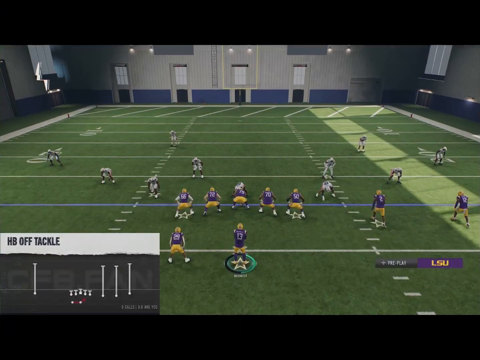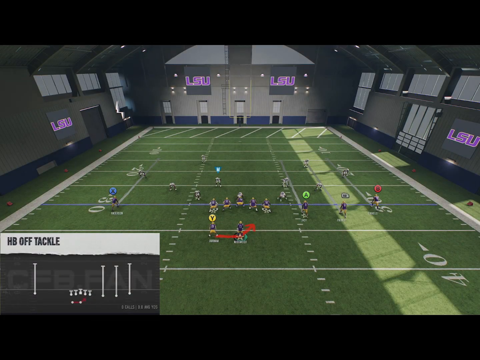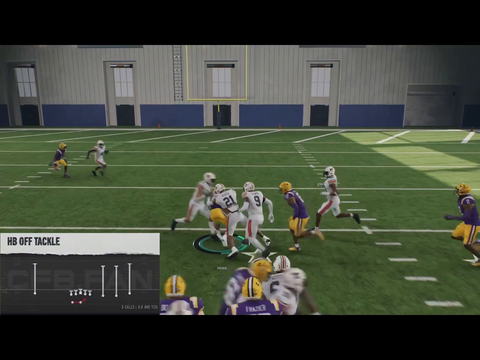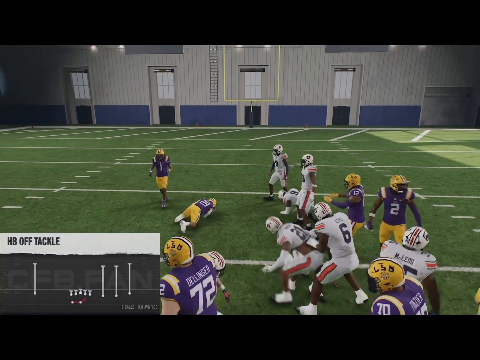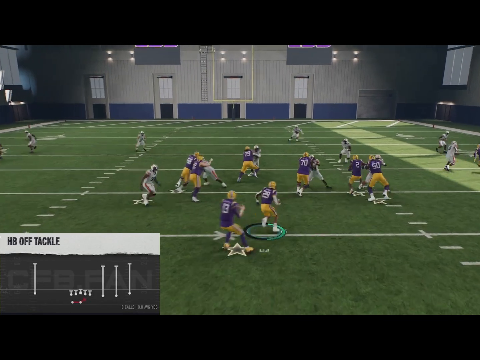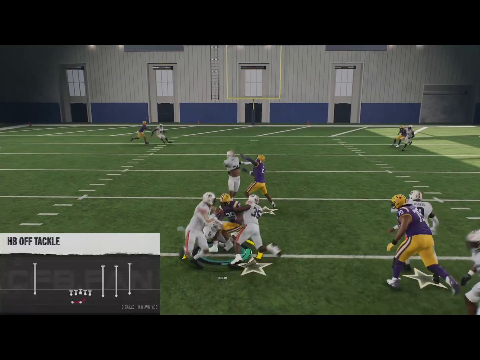The next run play that you can mix into this is halfback off tackle. Again, going to create a lane up the middle. Follow your blocks. Wherever the hole is, you run toward it. Now, this is the least of my favorite runs, but it's a great run to complement the direct and the